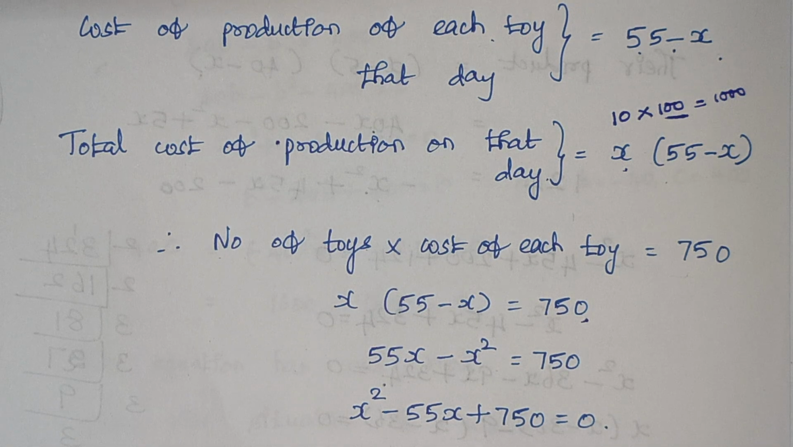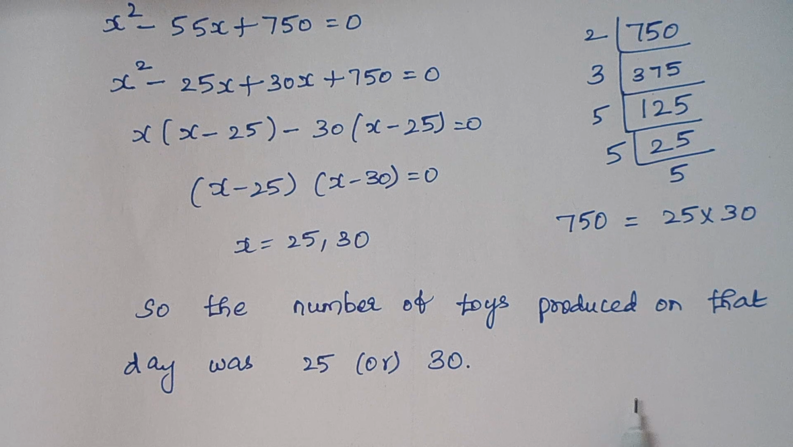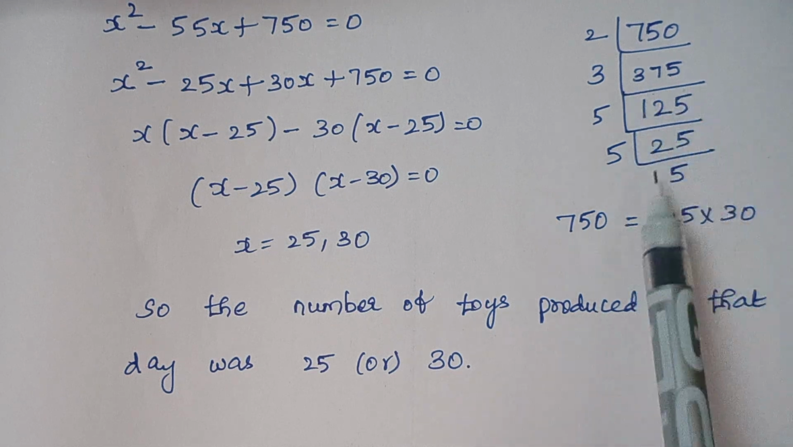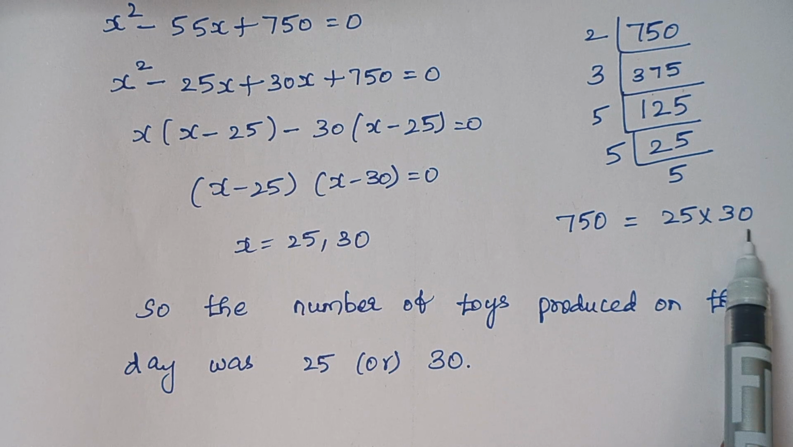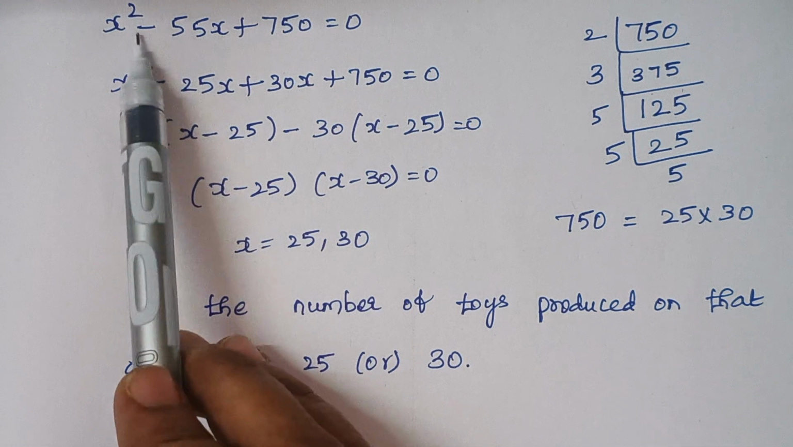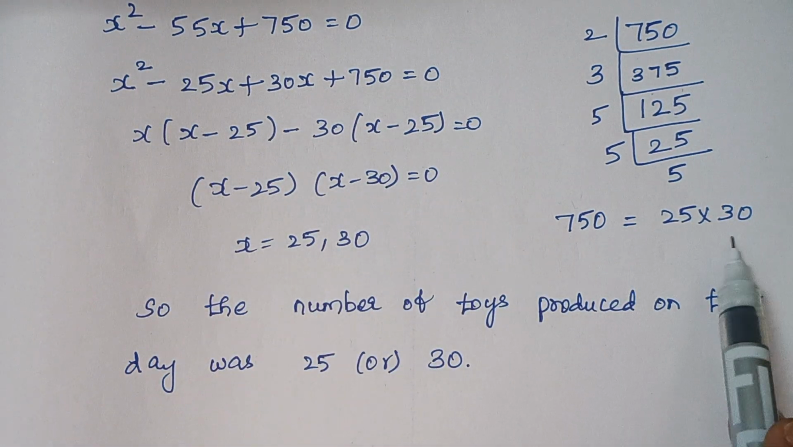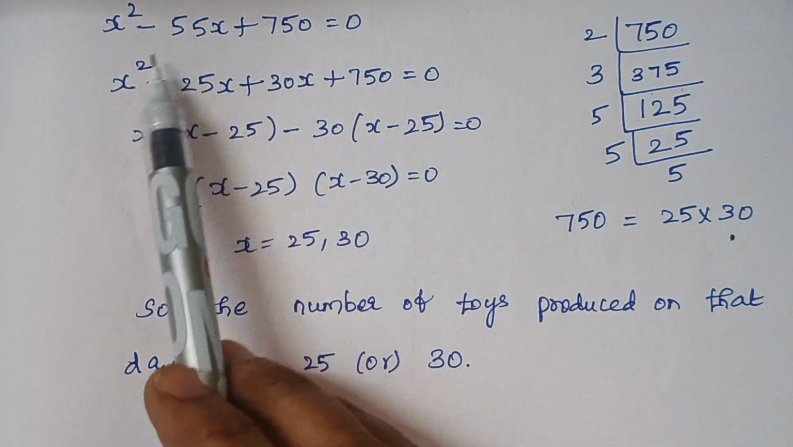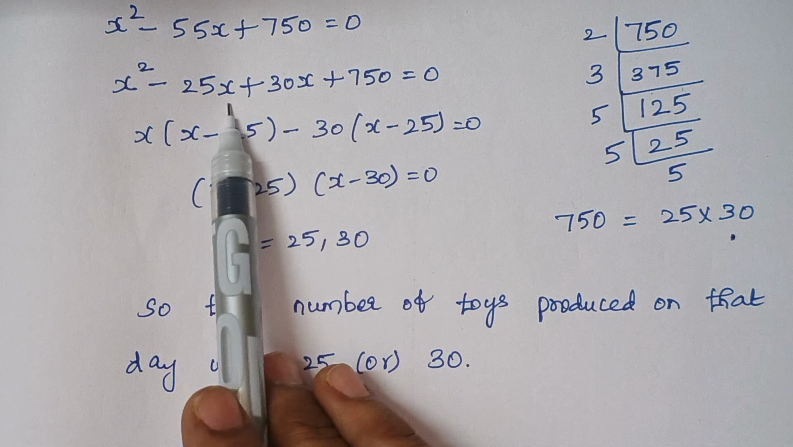Even you can use the formula to solve this. But here we are finding factors and simplifying. You see this 750 can be written as 25 and 30. So 25 plus 30 gives you 55. Anyway, I need a minus 55. So here I am considering minus 25 and minus 30. So this minus 55x is written as minus 25x and